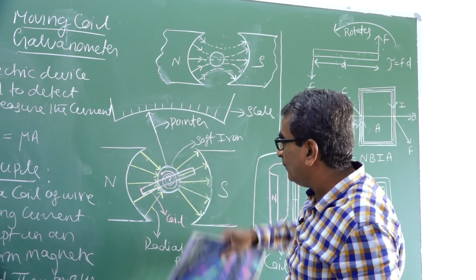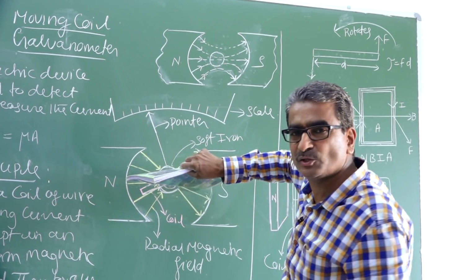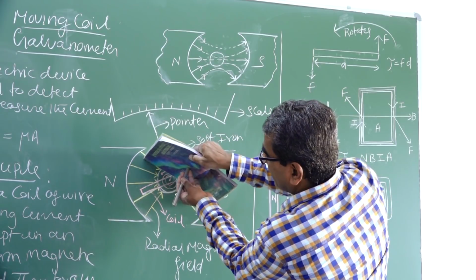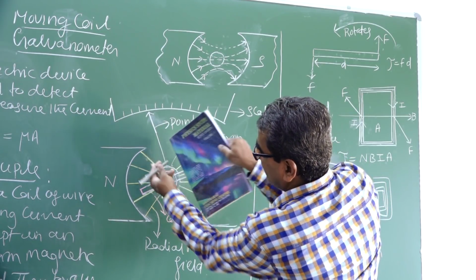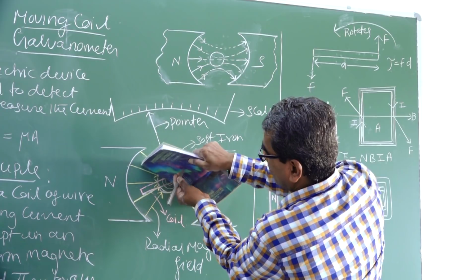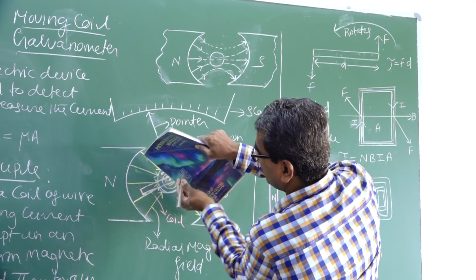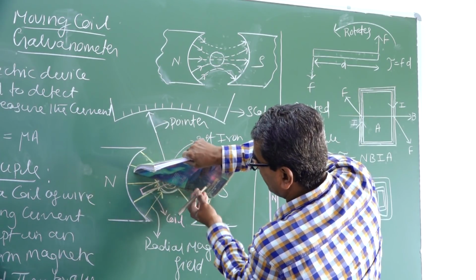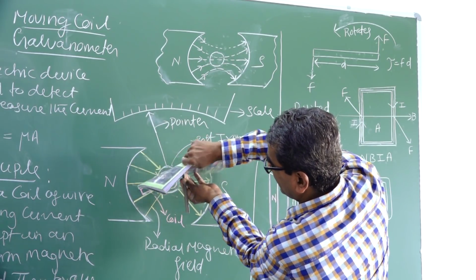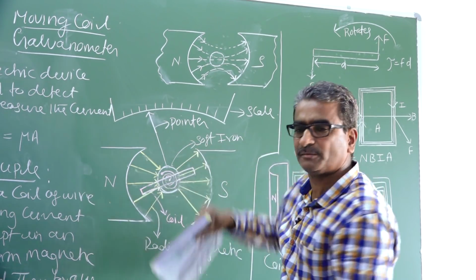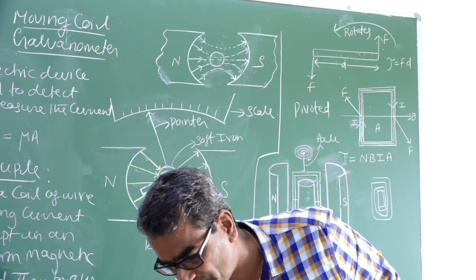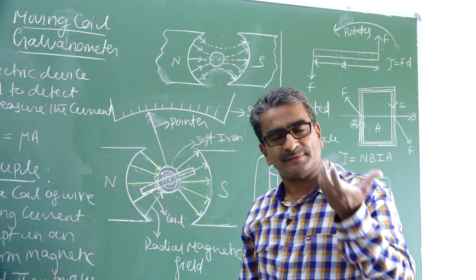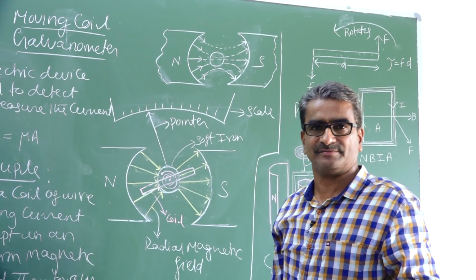So whenever the coil rotates and comes to any position, at each position the area vector is found to be perpendicular to the magnetic line. To this line it is perpendicular. If it rotates like this, then to this line the area vector is perpendicular. If it comes like this, then to this horizontal magnetic line, the area vector is perpendicular. Even if it comes like this, the area vector is perpendicular. Once the area vector becomes perpendicular, the angle theta will be equal to 90 degrees.